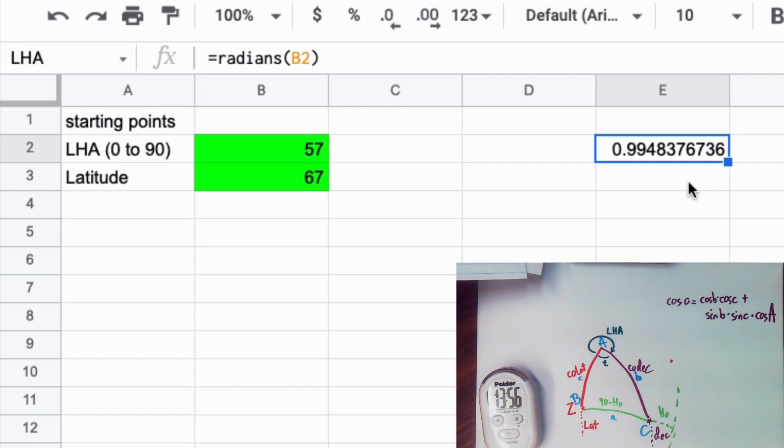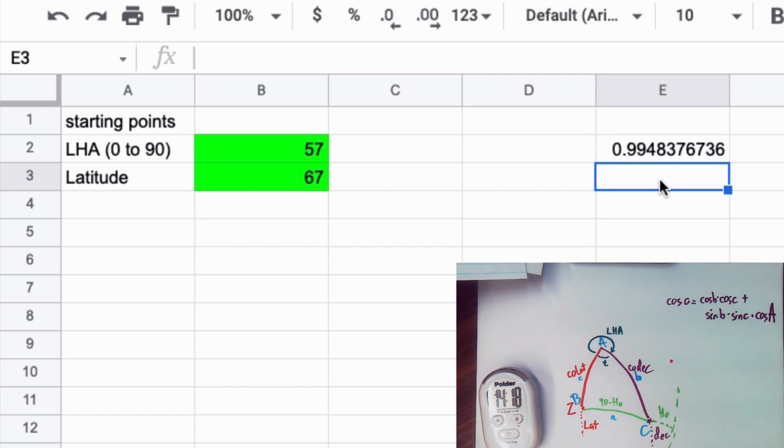So that's one of the nice features about some spreadsheets: if I've named the cell LHA, I can actually type in the letters LHA into a formula, and I don't have to remember that it was cell E2, because E2, who knows what E2 is. I'm going to do the same thing with latitude, but remember,